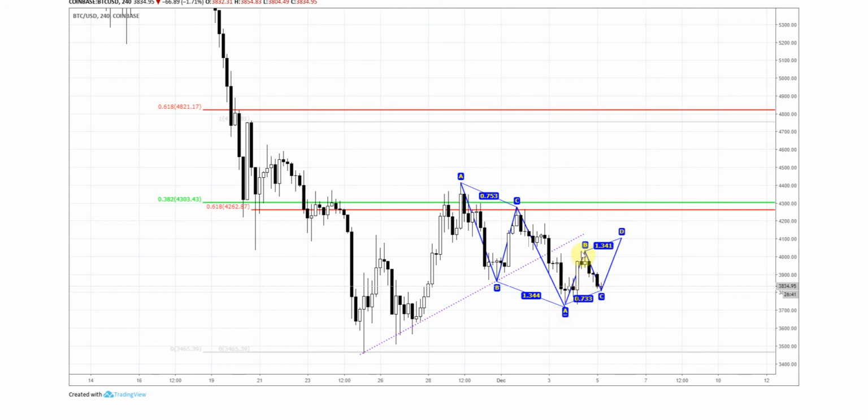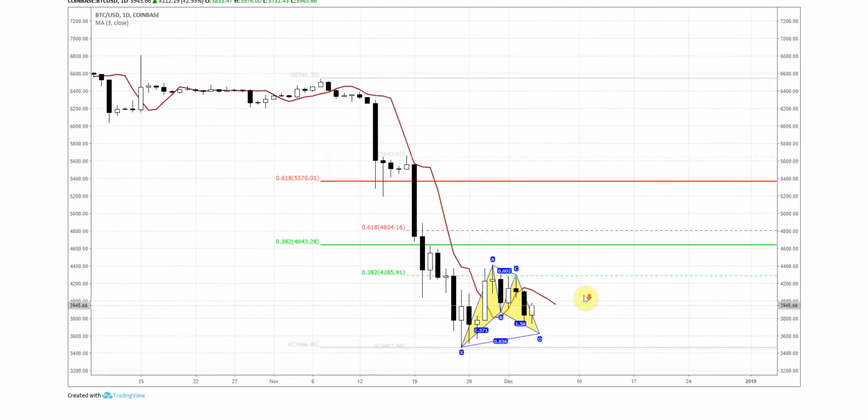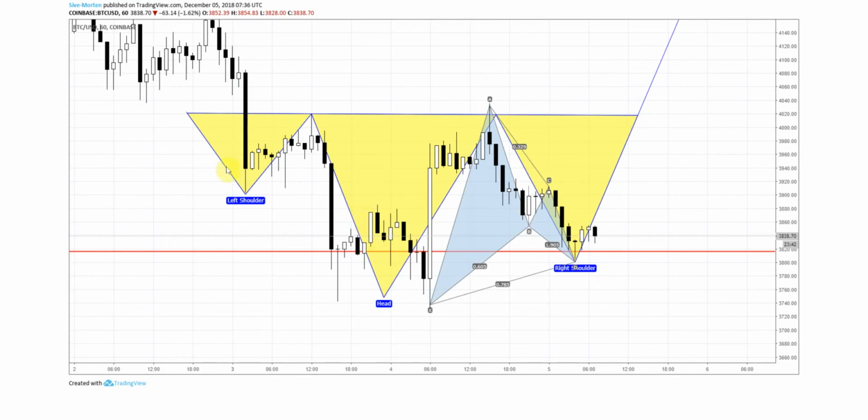Here I have drawn, as you can see, this ABCD pattern that we have. Upward action could start with some reversal pattern, and yesterday we talked about the possible head and shoulders. If you remember, on the hourly chart we discussed this head and shoulders pattern, and we said to keep watching for this downward action. The market will form the right shoulder that could become the point where the market could reestablish upward action. Currently, as you can see, the second part of the head and shoulders is taking the shape of the catalyst triple to buy, and the market stands at what I would call a crucial level,